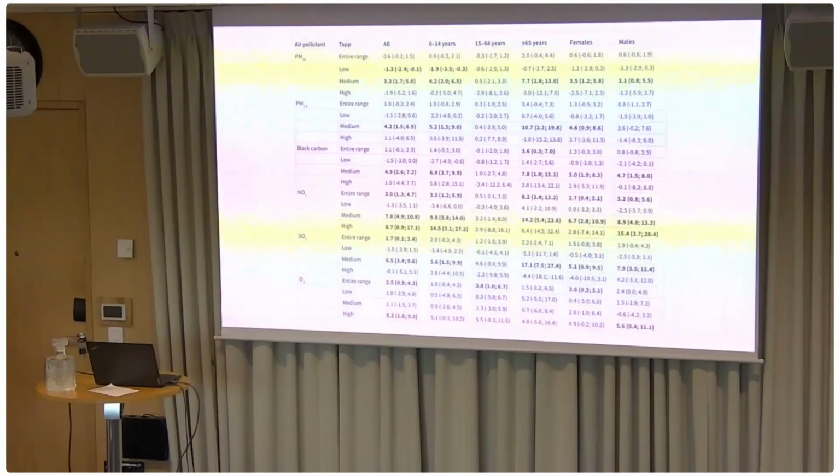And then when you start looking at the low, moderate, and high temperature days, one could see on moderate days, the association was actually much stronger compared to the other days, especially for PM10, PM 2.5, and black carbon. And it's quite interesting, a lot of studies, even globally, did not look at black carbon and how those effects may be modified by temperature.